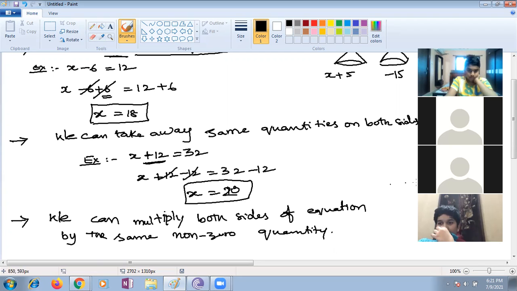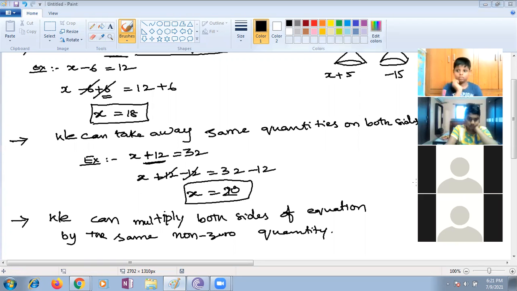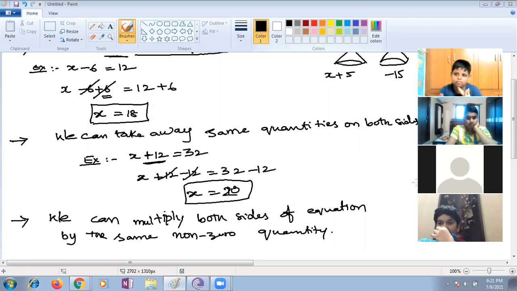Raghav and Jait have a little doubt. Let me unmute Jait so that he can speak. One by one, children. Ma'am, I do not understand. No need of understanding. Just observe the things that are happening. A little later I'll tell a very easy technique. Jait, I unmuted. Please speak with me.